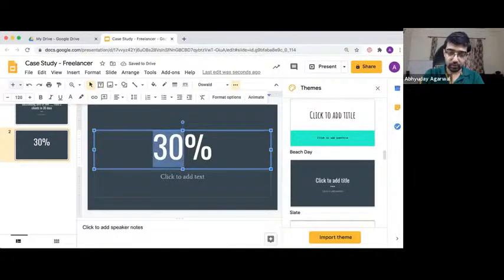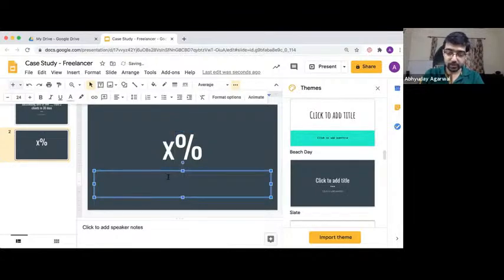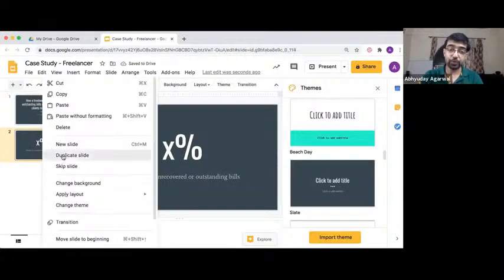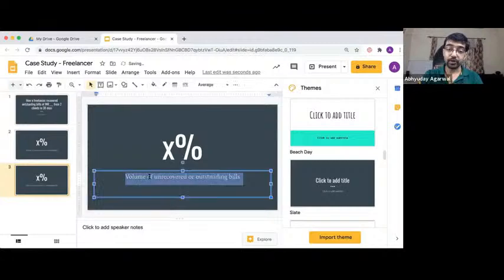Okay, you will just see how it looks. X% volume of unrecovered or outstanding bills. Okay, you can replicate this, that if this was recovered, what could be the benefit? Okay, so covers,